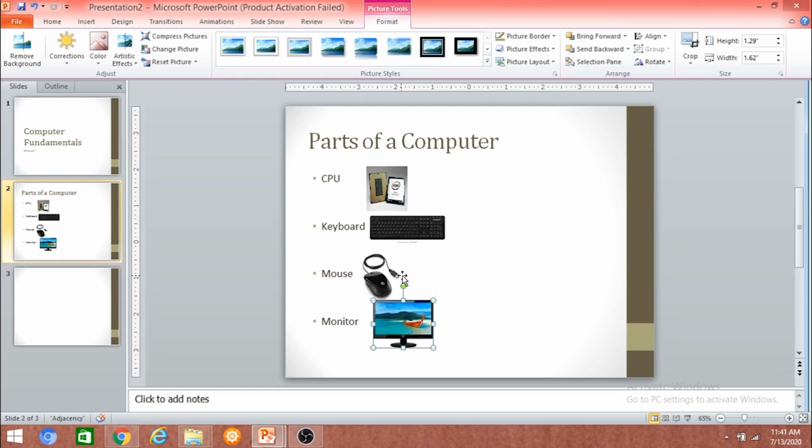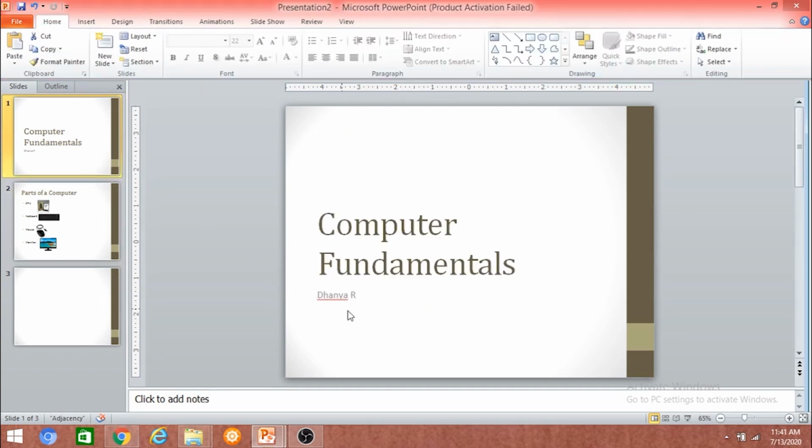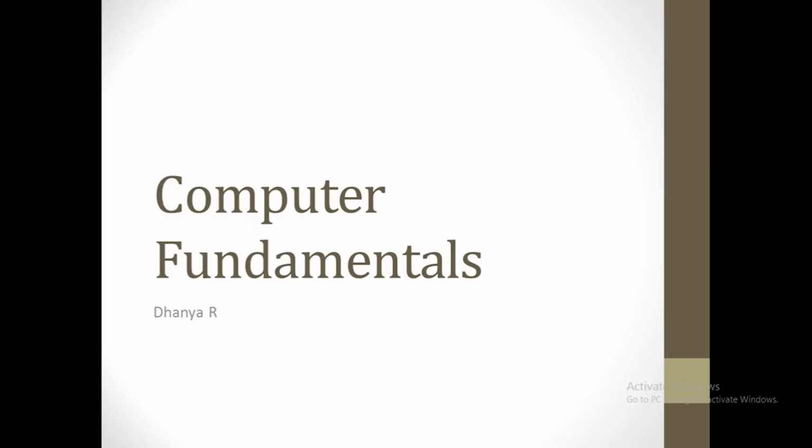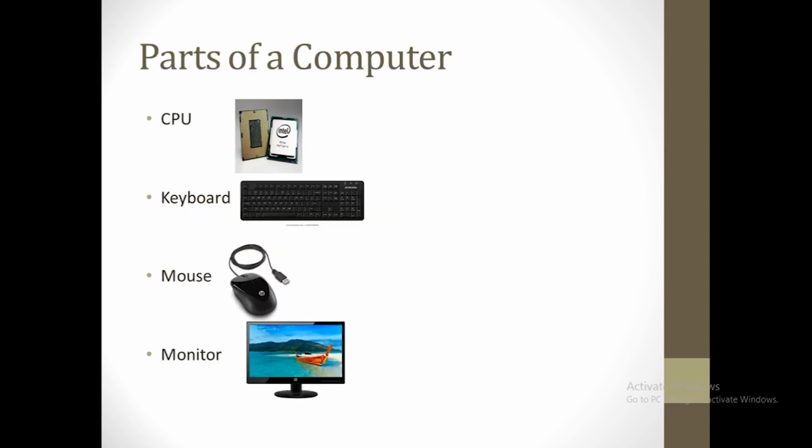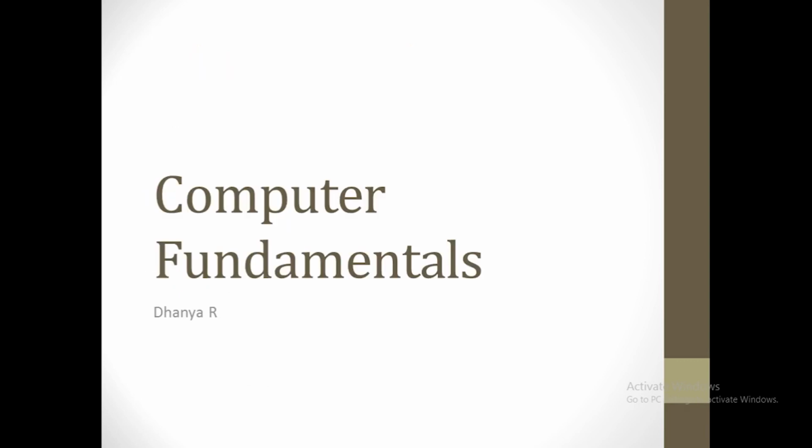Let us see how to present your slide. Select the first slide and press the slideshow button on the bottom part. This is the slideshow button. To move to the next slide, either you have to click the mouse or you can tap on the space bar or enter key or even the arrow keys. If you are using the arrow keys, to move forward, use right arrow or down key. To move backward, press up arrow or left key.